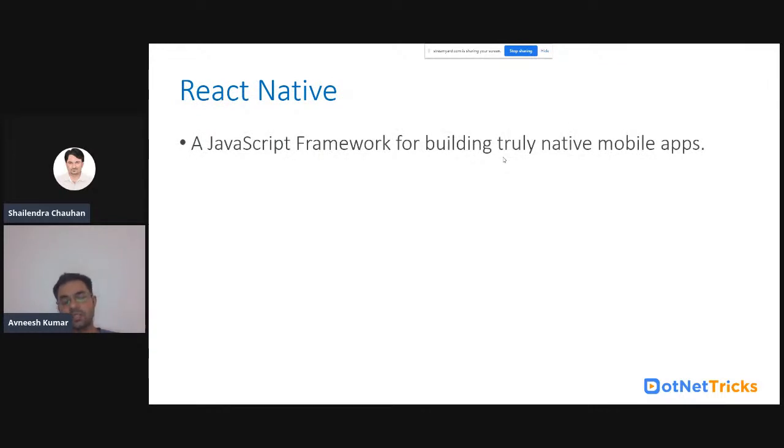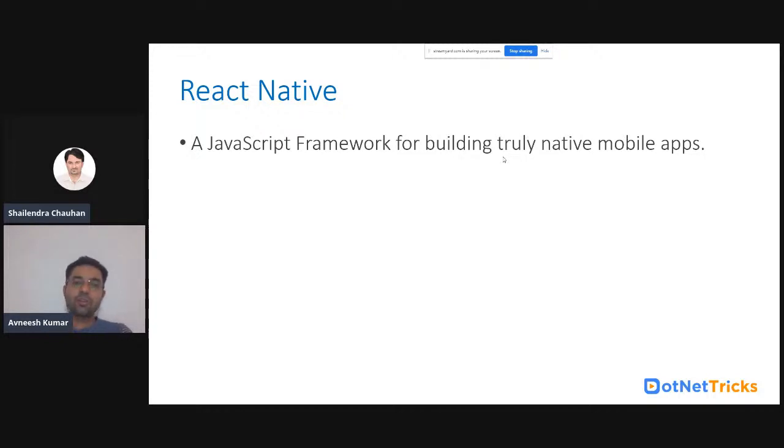Okay, so what is React Native? React Native is purely a JavaScript framework, and you can say it is empowered by React.js. So whoever is very familiar with JavaScript and React.js can learn React Native very easily, it's not a typical one.